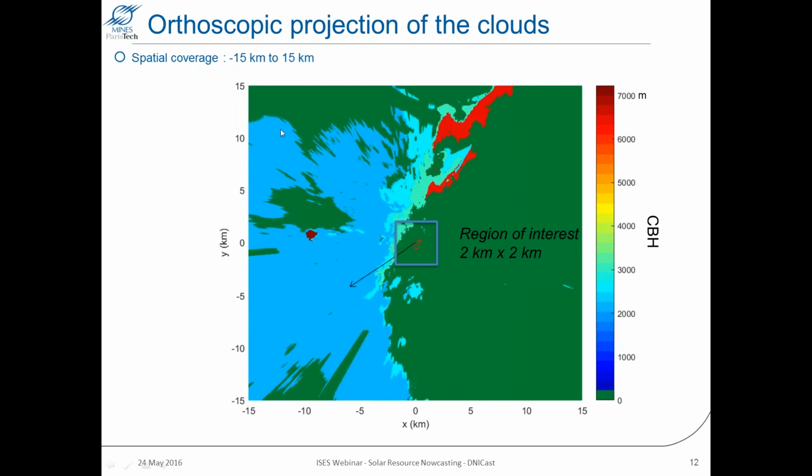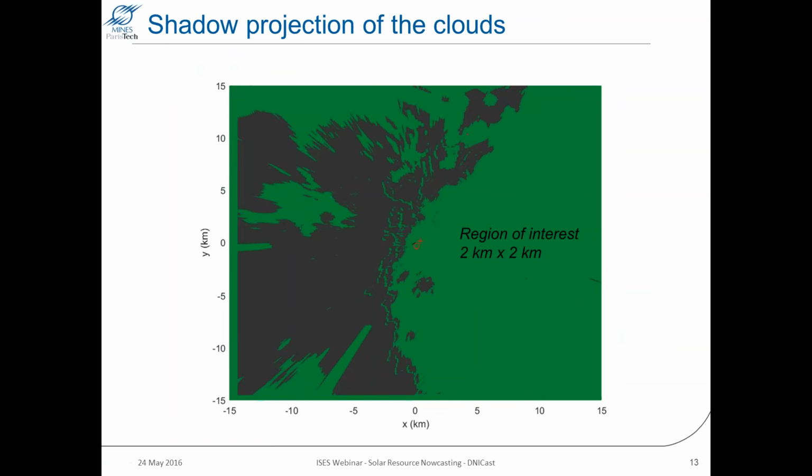Once you have this cloud height estimation in real time, you can get the shadow projection of these clouds, and you can notice that there are some artifacts here. You get some holes in the clouds because you have many layers of clouds, and of course when you have a lower cloud, it makes an occlusion of the higher clouds, and once you are doing the shadow cast, you get some holes on the ground because of these different layers.